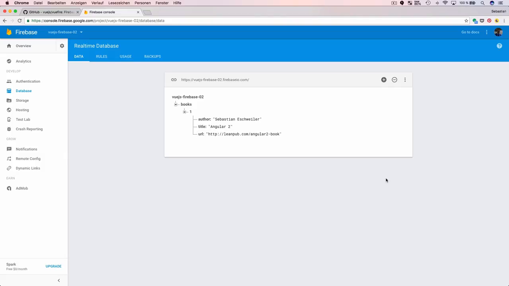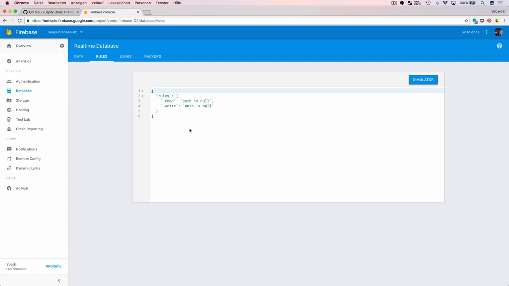The last thing we need to change here in the Firebase backend is not in the data tab, it's in the rules tab. If I click on it, you can see a default rule set already available, which is defining two rules actually, one for read access and one for write access. Basically those two rules are saying only authenticated users can read data from the database and write data to the database. And because we want to keep things as simple and easy as possible, I'm going to change that default entry here to simply saying